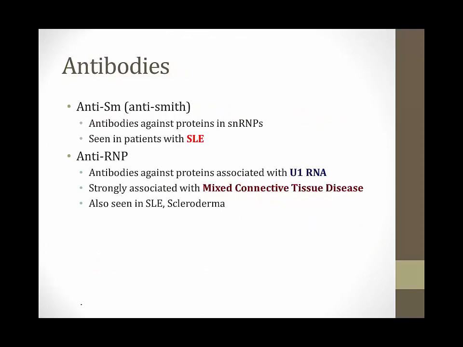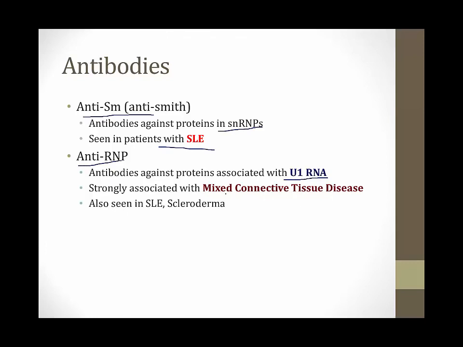In some connective tissue disorders, antibodies form against elements of the spliceosome, and I just want to briefly review those here. In the immunology section in the video on lupus, I talk about anti-Smith antibodies. These are antibodies against proteins in the snRNPs, and you can see elevated levels of anti-Smith antibodies in patients who have lupus. Anti-RNP antibodies are antibodies against proteins associated with the U1 RNA, and these antibodies are strongly associated with